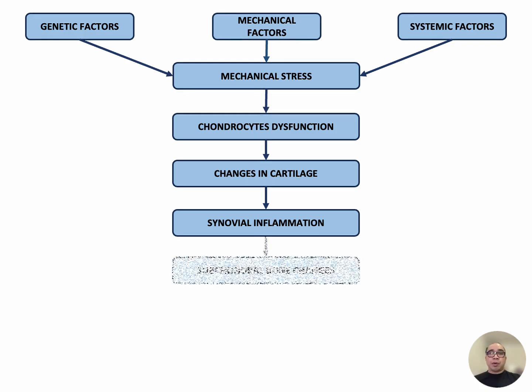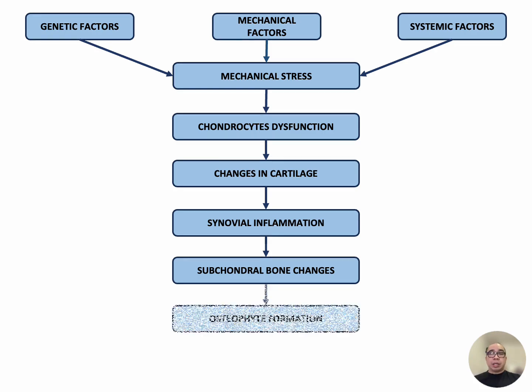Continuous inflammation causes subchondral bone changes. Subchondral bone is the bone beneath the cartilage, which undergoes structural changes during osteoarthritis. It may become denser, or what we call sclerosis, or develop cysts. Microfractures in the subchondral bone can expose the cartilage to inflammatory factors and contribute to joint pain. With the occurrence of these changes in the cartilage, osteophytes start to form. Osteophytes, also known as bone spurs, can develop at the joint's margins as a response to the loss of cartilage. These bony outgrowths can impede joint movement and cause pain.